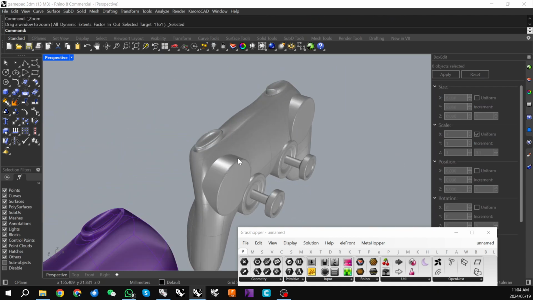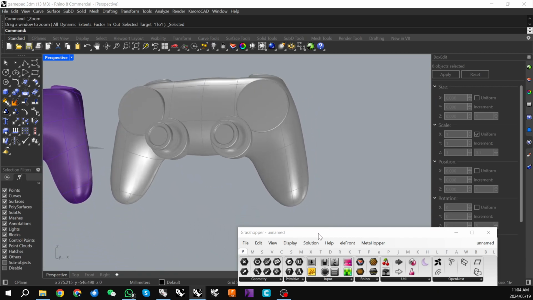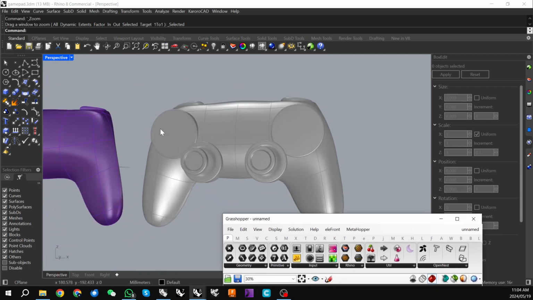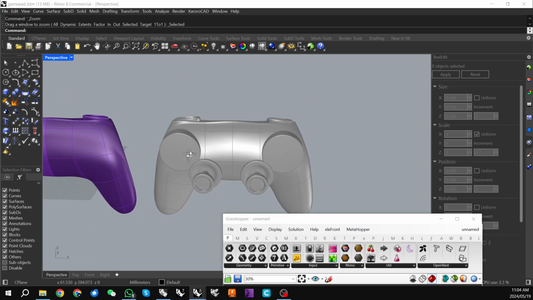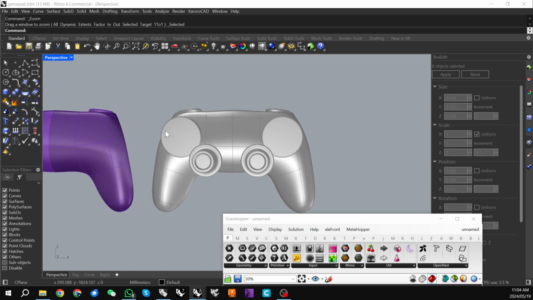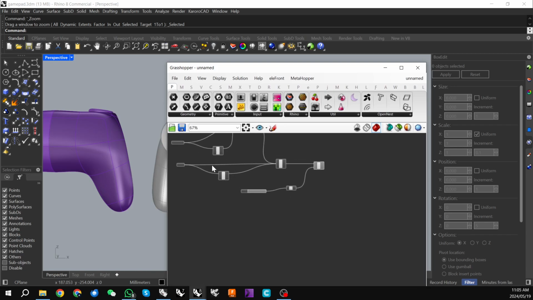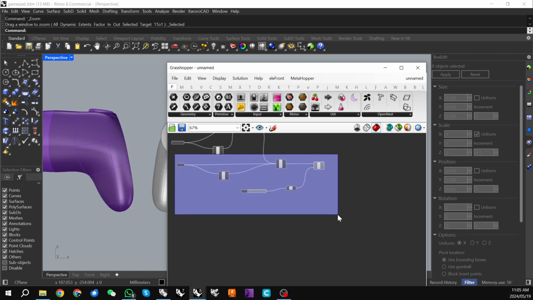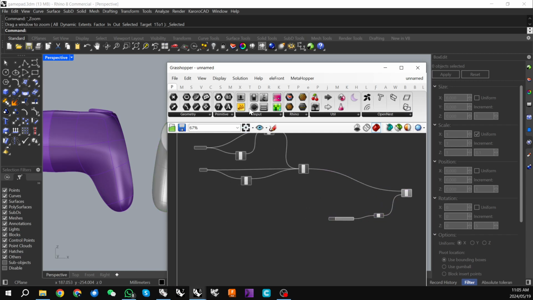This object sitting in our Rhino viewport is actually the Boolean of all of our input objects. And the only thing we haven't finished off here is the buttons that would go on each of these mounts. So we can do that. I'm just going to pull this over a little bit,